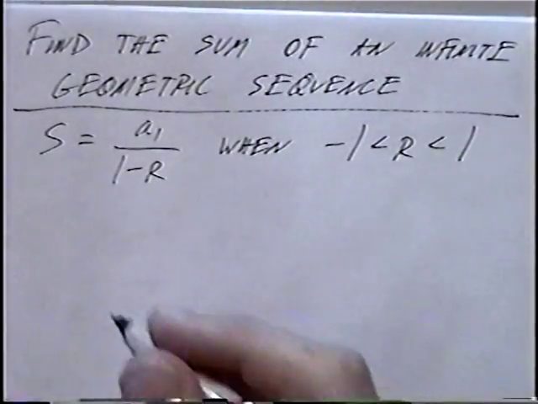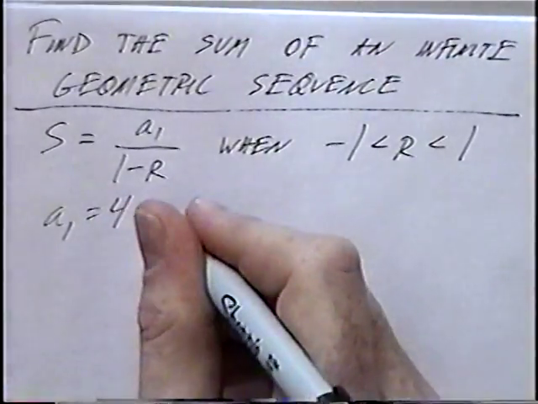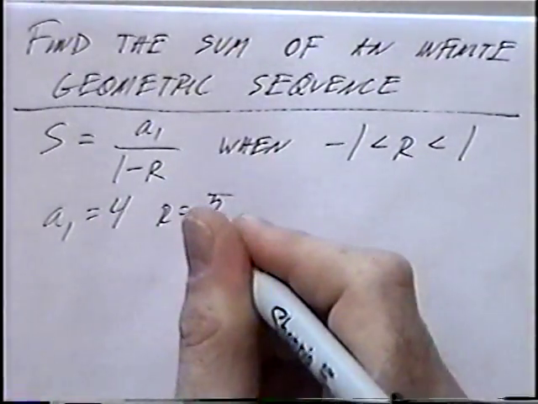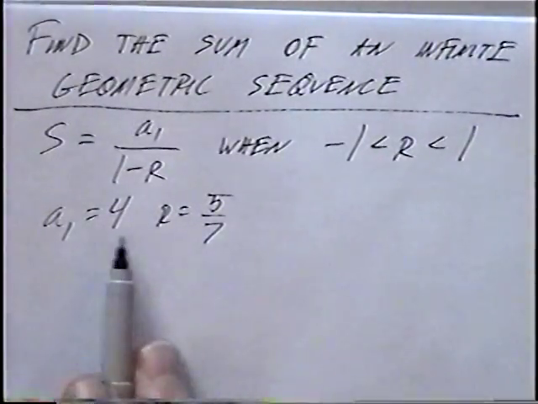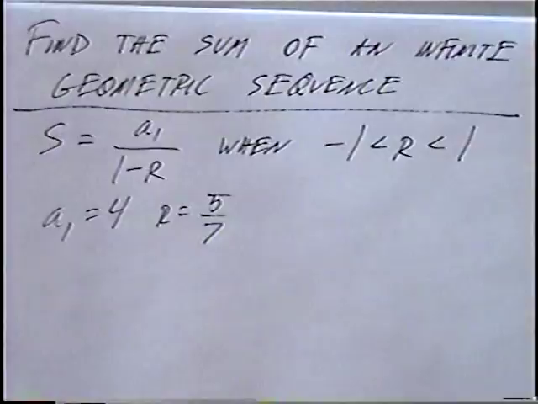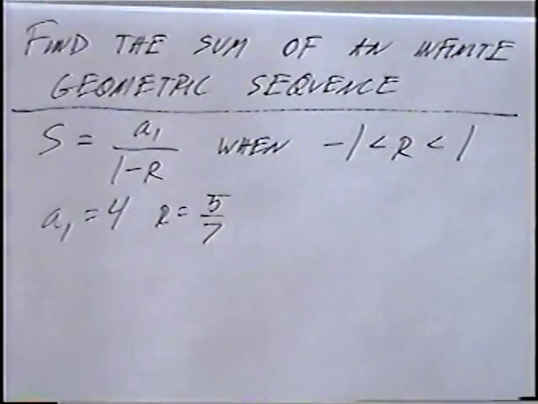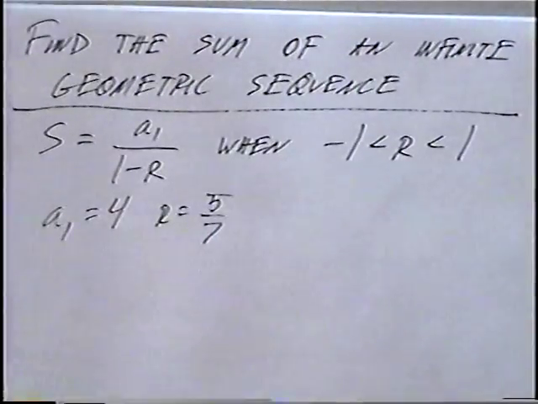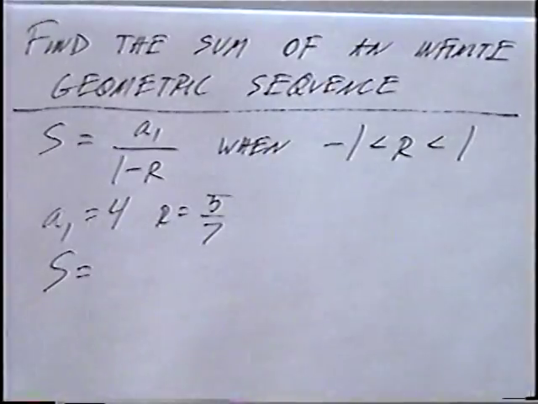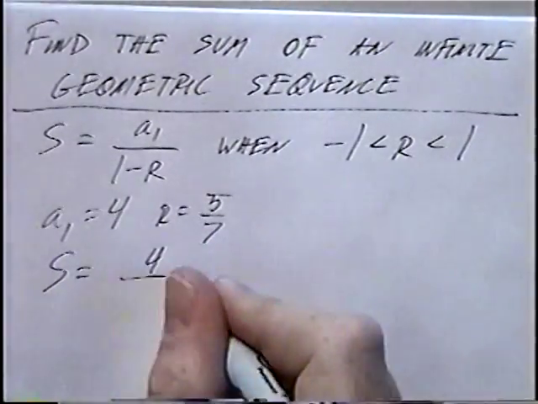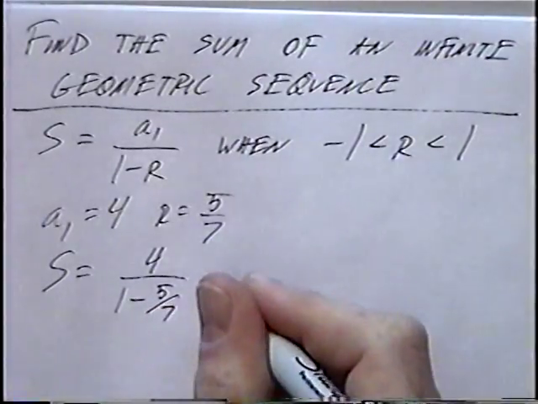The first problem we'll solve, a sub 1 equals 4, and the rate equals 5/7. So with the first term being 4, each term after that for the geometric sequence gets multiplied by 5/7, which again each term will get smaller and smaller, and we can use the formula to find or approximate the sum. So the sum of all the terms would be 4 divided by 1 minus 5/7,